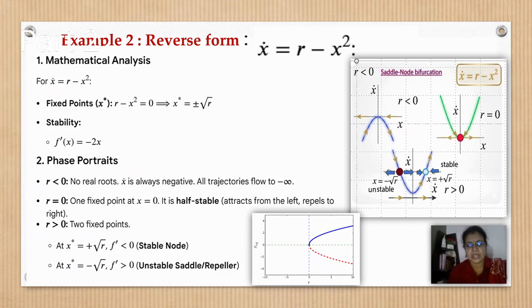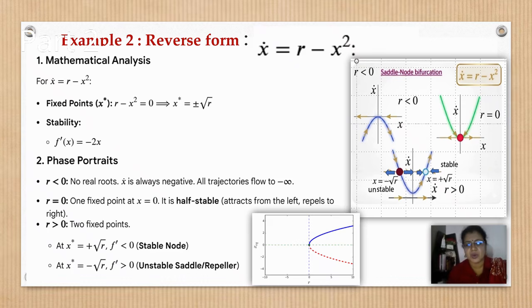So these two examples clearly say that there are going to be two fixed points, and as we vary the control parameter, these two fixed points are going to undergo a collision and they will get annihilated or destroyed of each other. So what is happening exactly here? There is a change in the number of fixed points. So there were two fixed points in the r less than 0 case, and for r greater than 0, there were no fixed points. And in this reverse form, it is just the